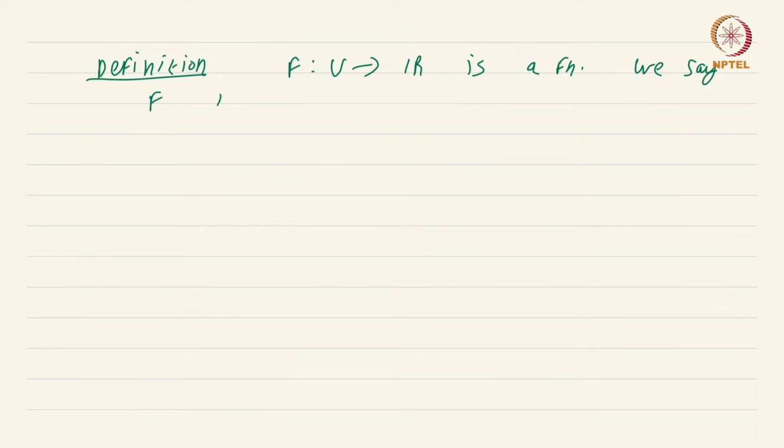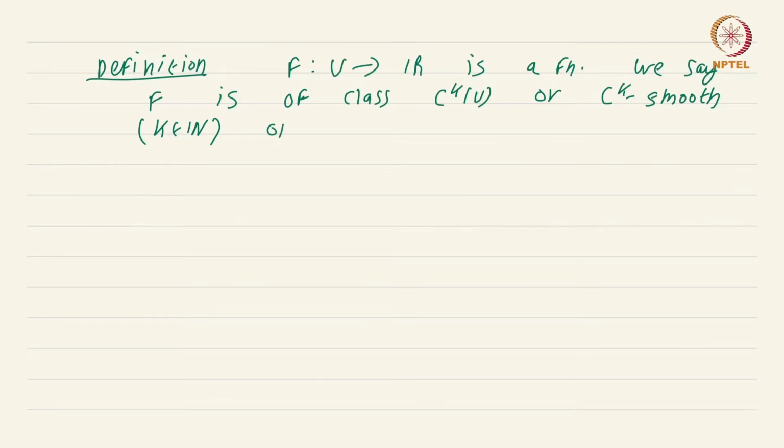So before I do that, let me just make a very important definition which is going to be used throughout this course. This is the definition of smoothness classes. So again, f from U to R is a function. We say f is of class C^k(U) or C^k smooth. So here k is a natural number. C^k smooth on U if